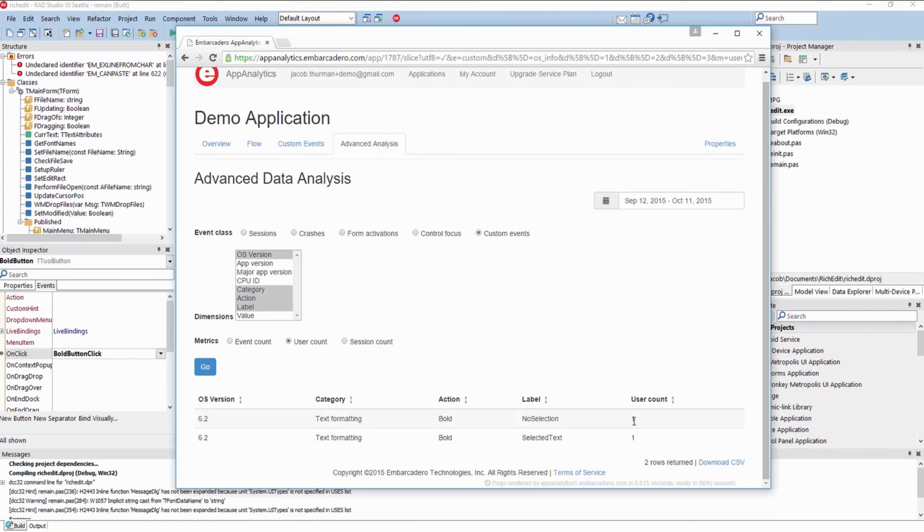So we can see here 1 user using Windows 10 or Windows 6.2 with no selection, and 1 user with the selection, which that 1 user was me. This is a really powerful way to drill down and find patterns and get great information out of your data. So that was a really brief demonstration about how AppAnalytics works and the kinds of things that you can do with it. Next, I'm going to share some best practices for using AppAnalytics during different phases of the life cycle